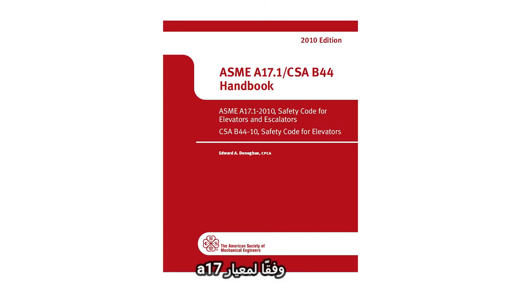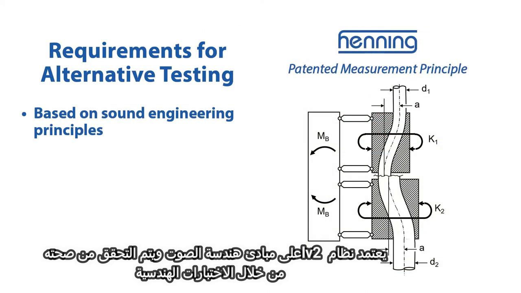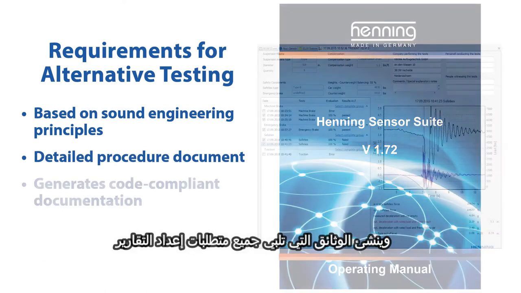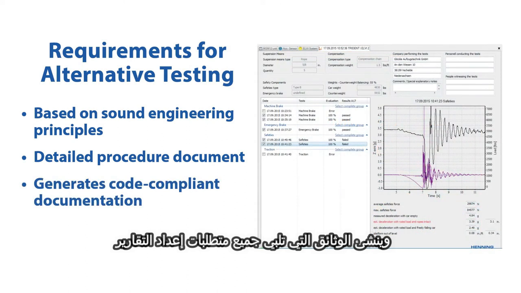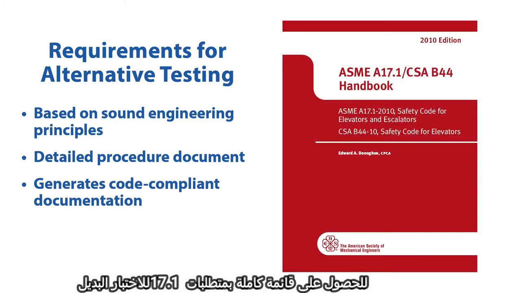According to the A17 standard, the LV2 system is based on sound engineering principles and validated with engineering tests, has a procedure manual with detailed instructions, including permissible equipment range and limitations, and generates documentation meeting all reporting requirements. Testing and certification has correlated this system's no-load test results with previously acquired full-load tests and ensures results are equivalent or safer. For a complete listing of A17.1 requirements for alternative testing, consult sections